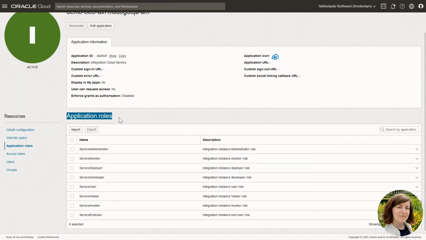As a general concept in Oracle Cloud, a user has 0 permissions by default. And in order to give them permissions, you need to explicitly define policies, or in case of OIC, add the user into relevant application roles.